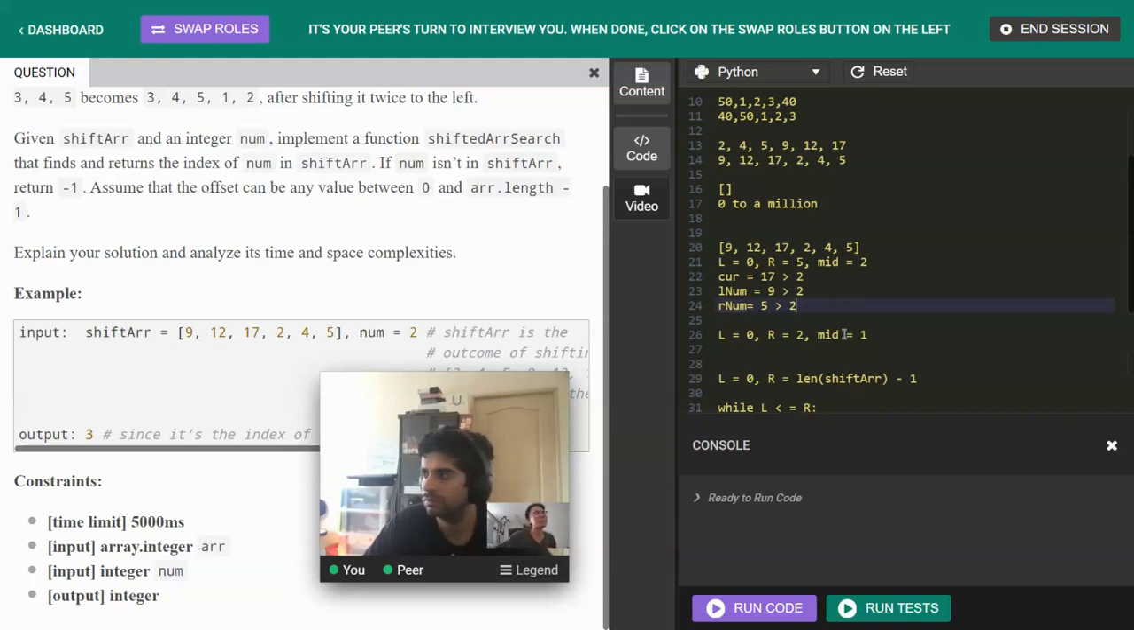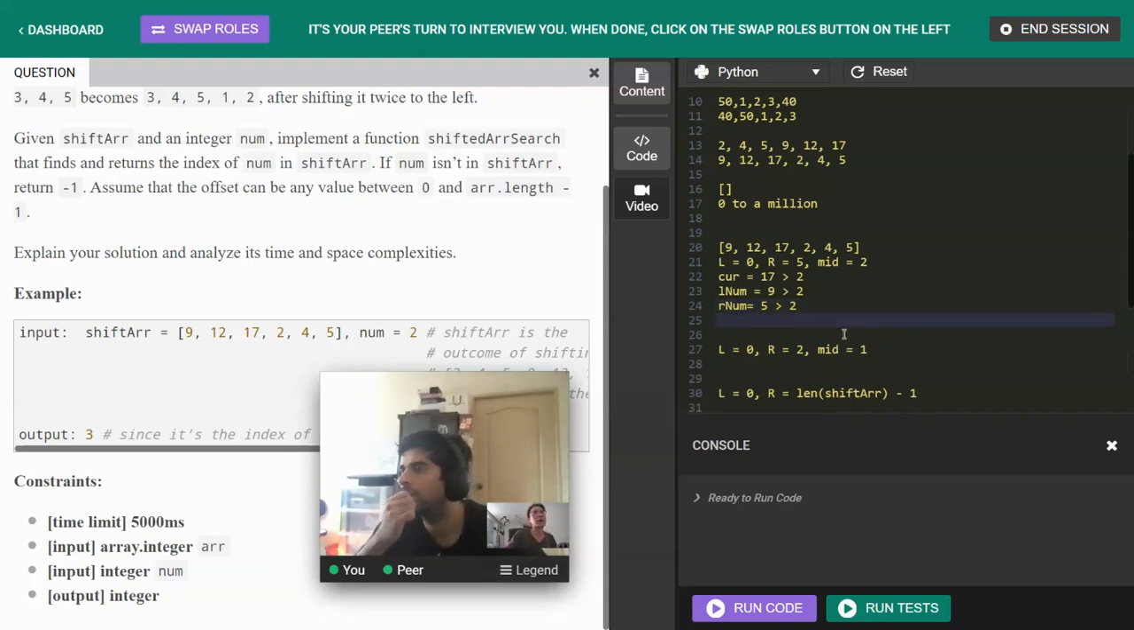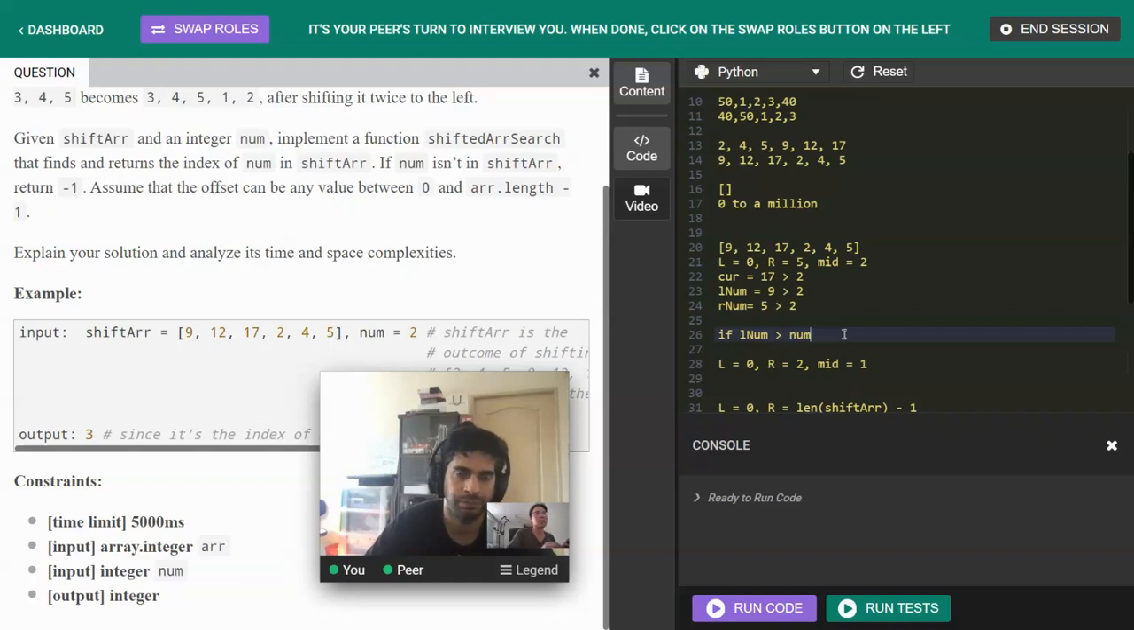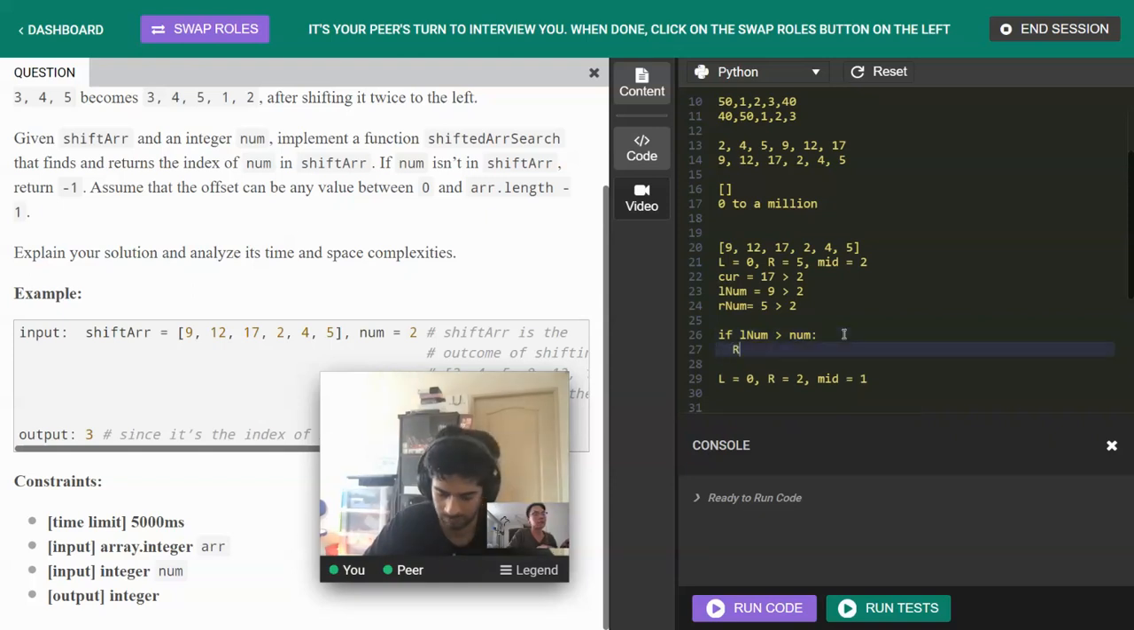Yeah. If I generalize this thing, if the left number is greater than the num, that means it's not on the left hand side already, it must be on the right hand side. What we can do is to have the right equal to the mid,